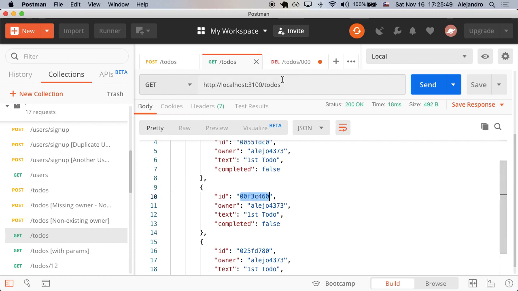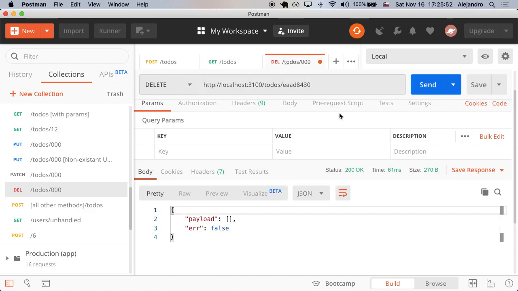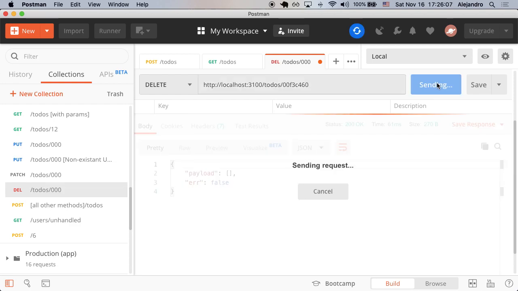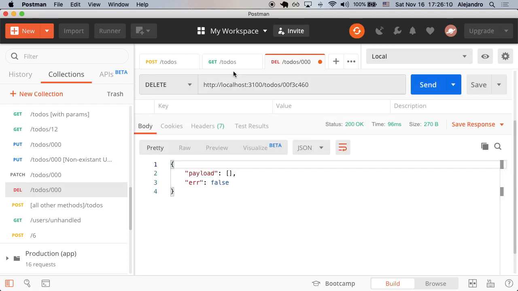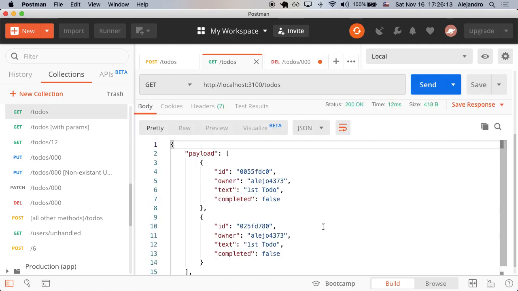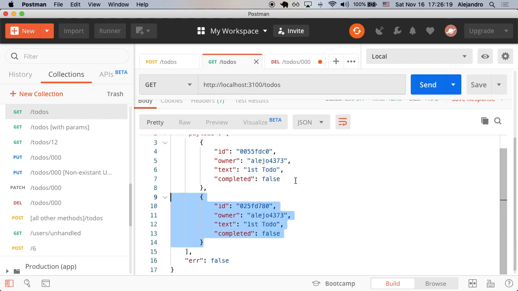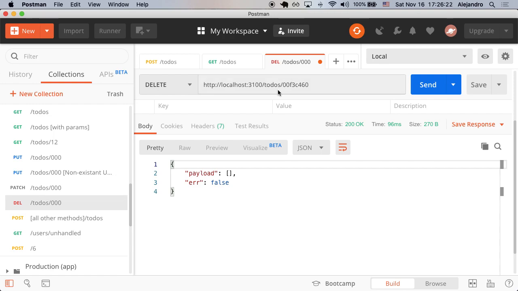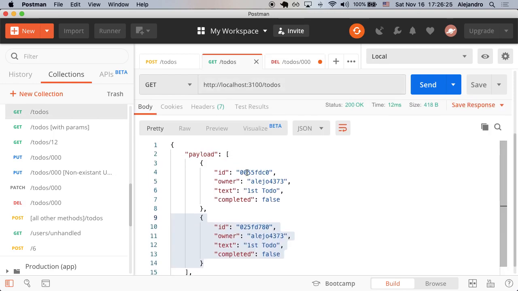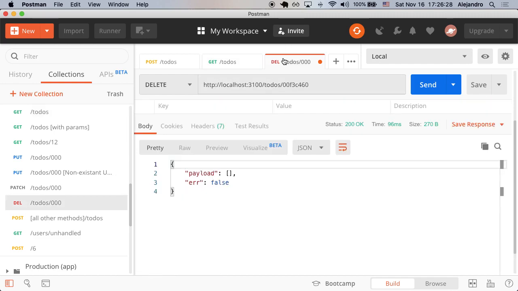I'm going to take this ID. Then on the delete, this is the delete request. I'm going to change the ID to be actually this one, 00F3. You might have a different ID. In fact, it's almost guaranteed you have a different ID. And then let's send. Oh, we didn't get anything. Let's try to get all the to-dos. Oh, okay. It did remove only the to-do that we wanted, which was with ID 00F3. So it did remove only the one that we wanted. That's good. But then